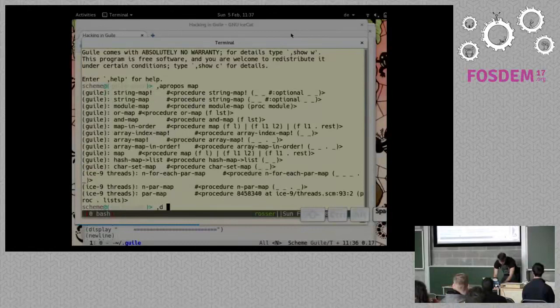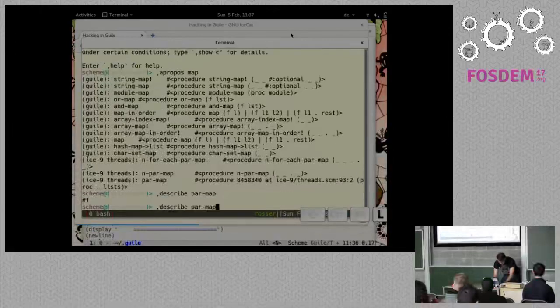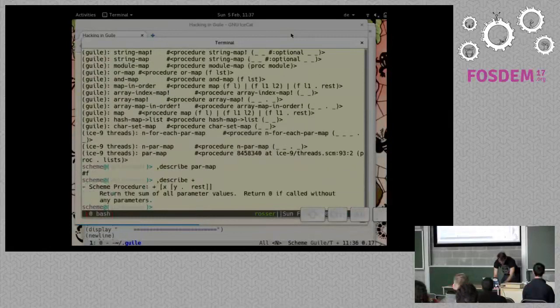So apropos just lists them, and then I can say, okay, let's find out what pro-map does. The D here stands for describe. It doesn't have a documentation string. Okay, let's go for another one. There we go. So that's a nice way to get some extra information at the REPL. I can load